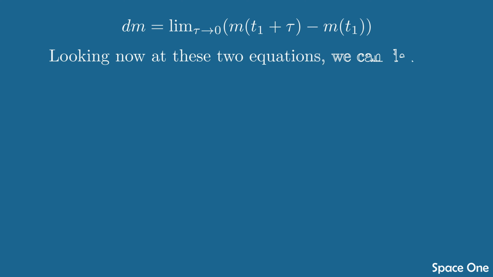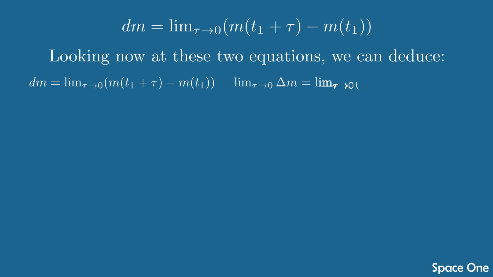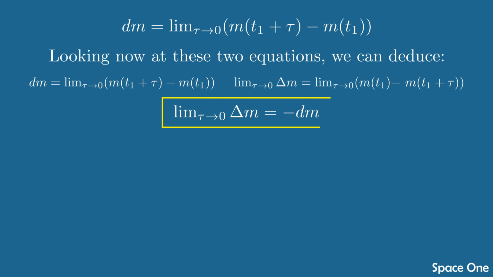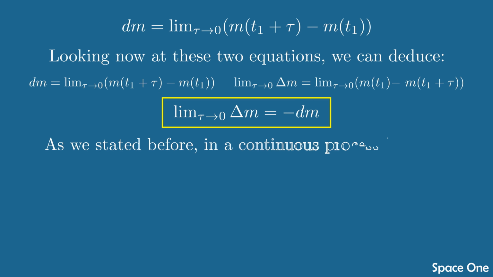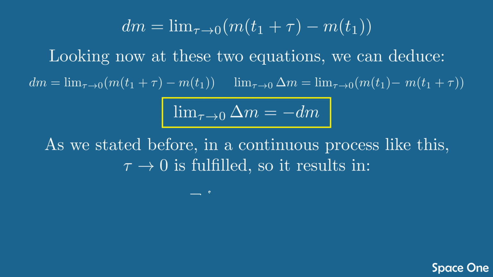Looking now at these two equations, we can deduce... as we stated before, in a continuous process like this, tau tending to 0 is fulfilled, so it results in,